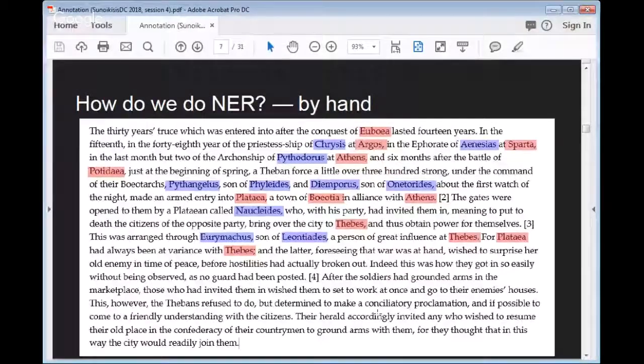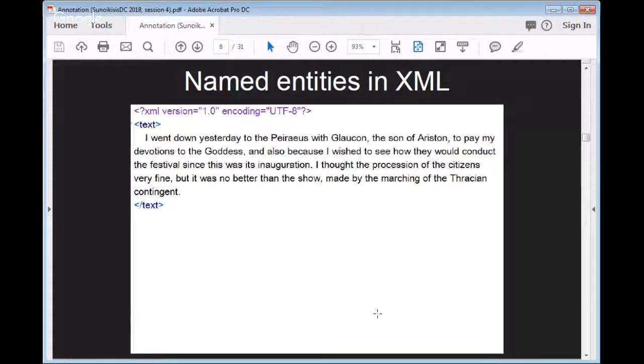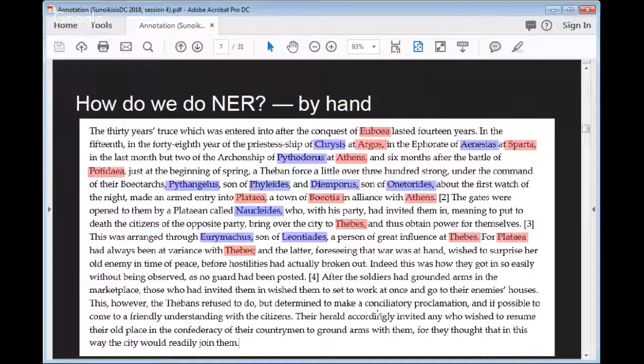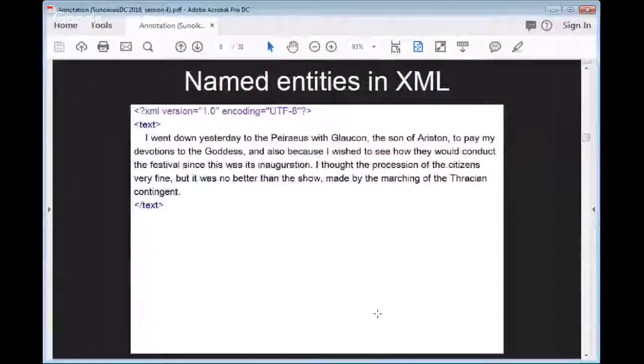There are other forms which I'm not going to go into here of automated named entity recognition, where software starts, and the simplest thing they do is go through and look for all the words that begin with a capital letter, and then do further algorithms to disambiguate those. But this is essentially what we do when we disambiguate and annotate a text to show the entities that are being mentioned in it. And so that's basically just illustrating that with colors on the screen. Those colors don't mean anything. I literally just highlighted that in a Google Doc and said, make this text purple, make this text red.